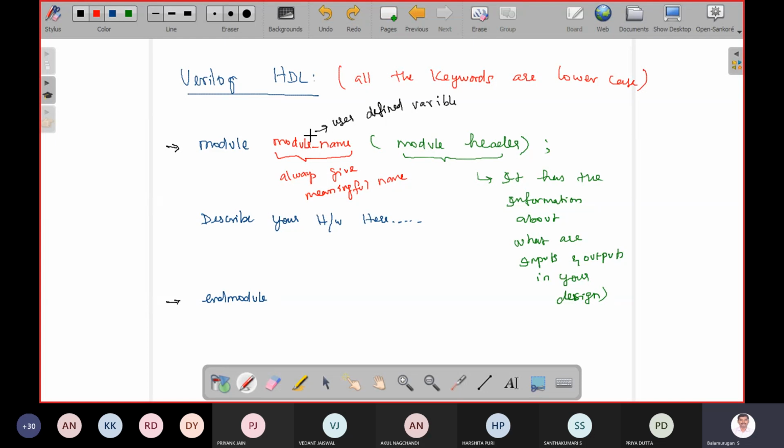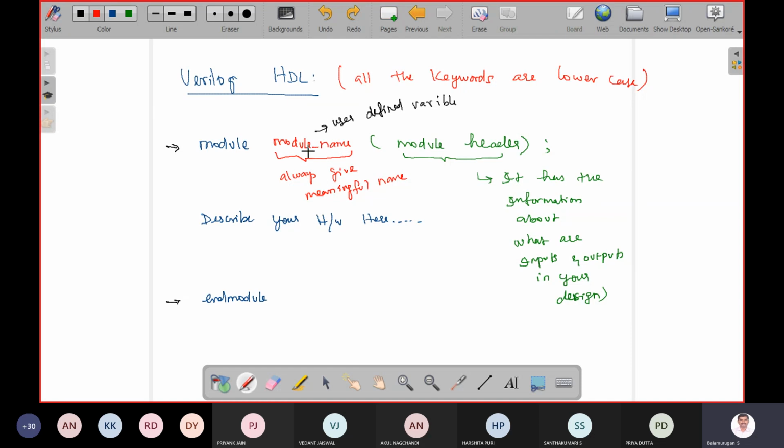So by reading this module name, our team members will understand what hardware we are describing and at what abstraction level. Or if you send your code to some other team, the other team members also have to understand by reading this name what code you are writing. So this module name is very important.